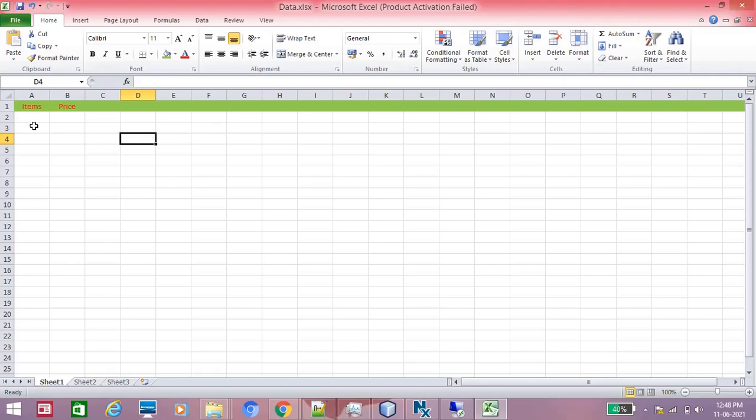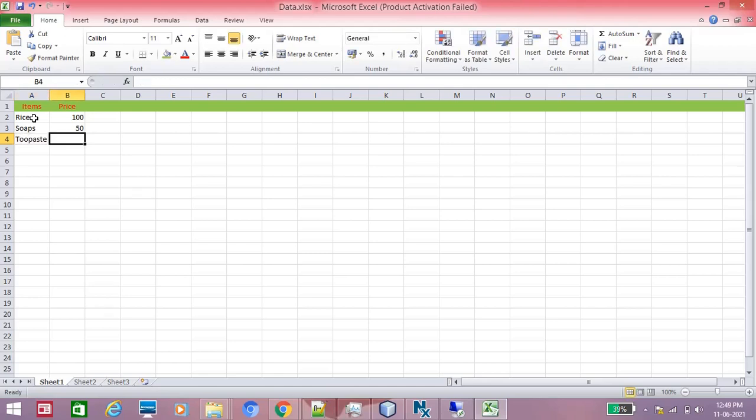Then I am entering some item names, like rice. It is 100 rupees. Next we can give soaps, 50.